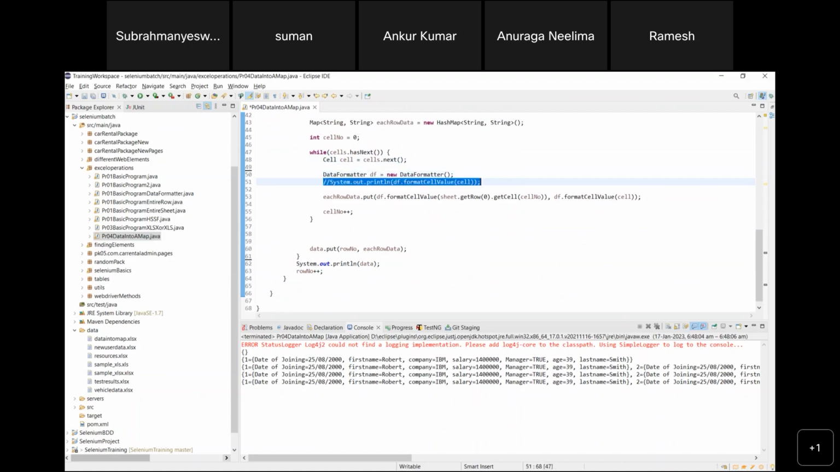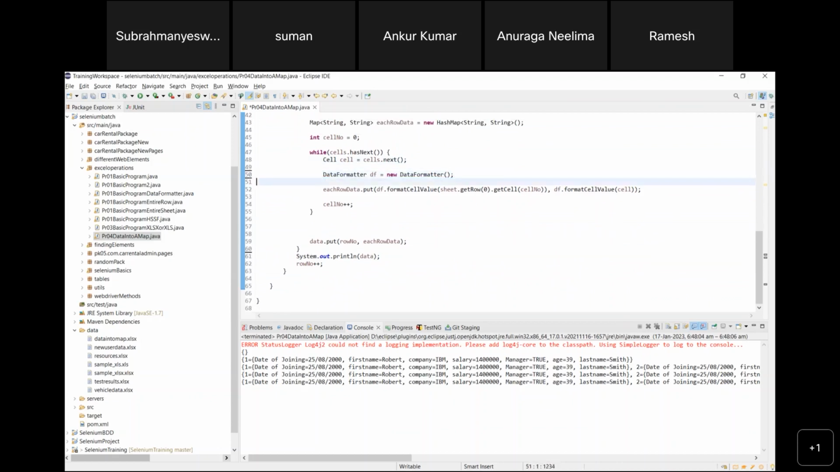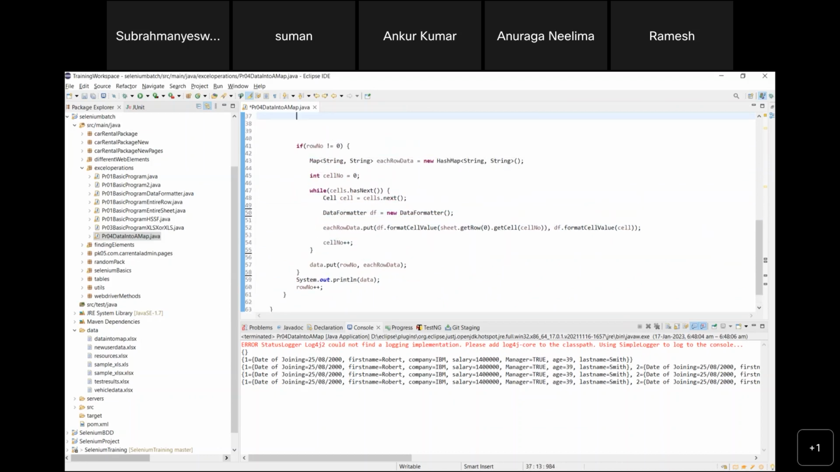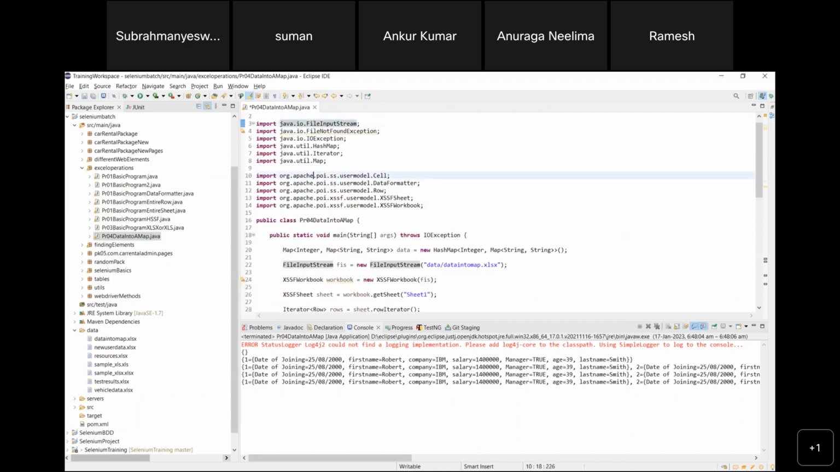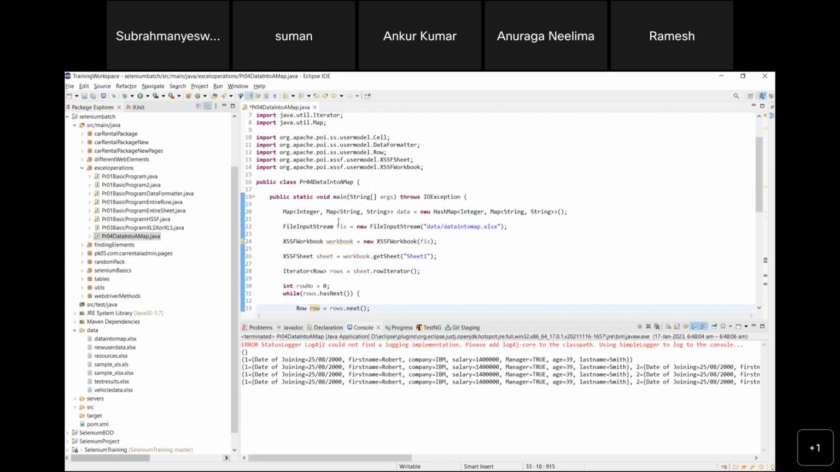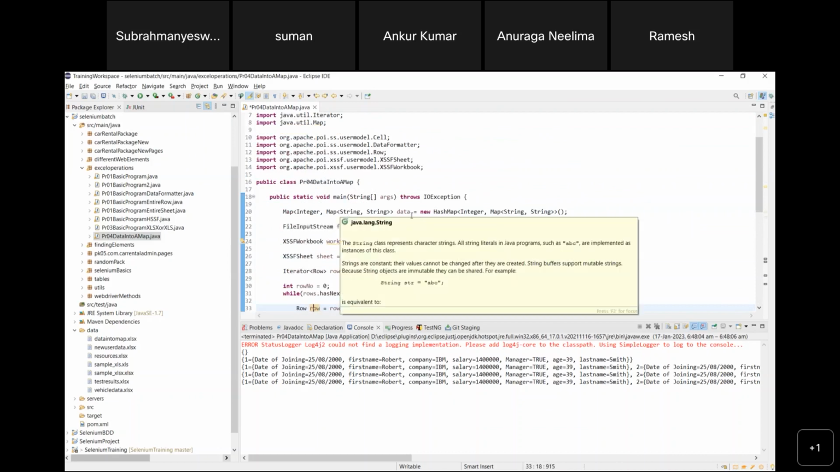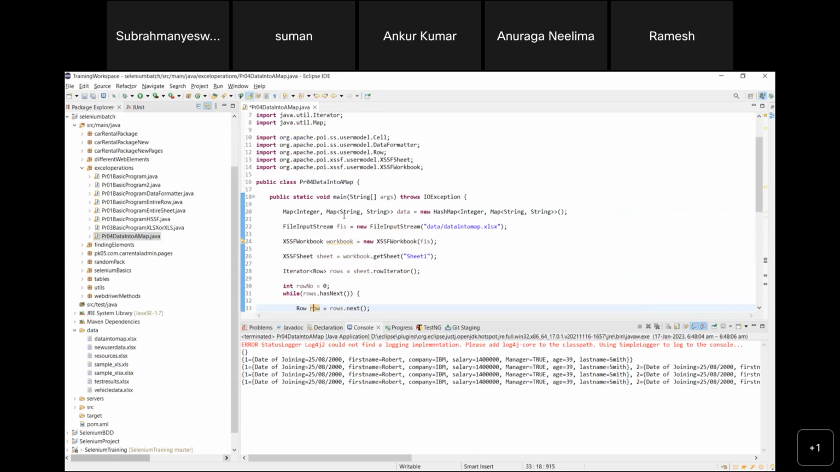This one correctly. Okay, let me come from the beginning. So the first one is I have created a map of maps, which is integer, comma, map